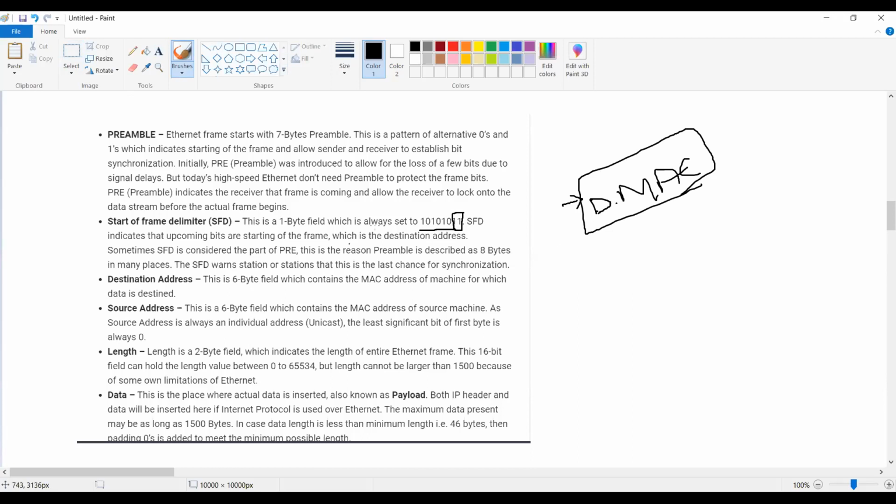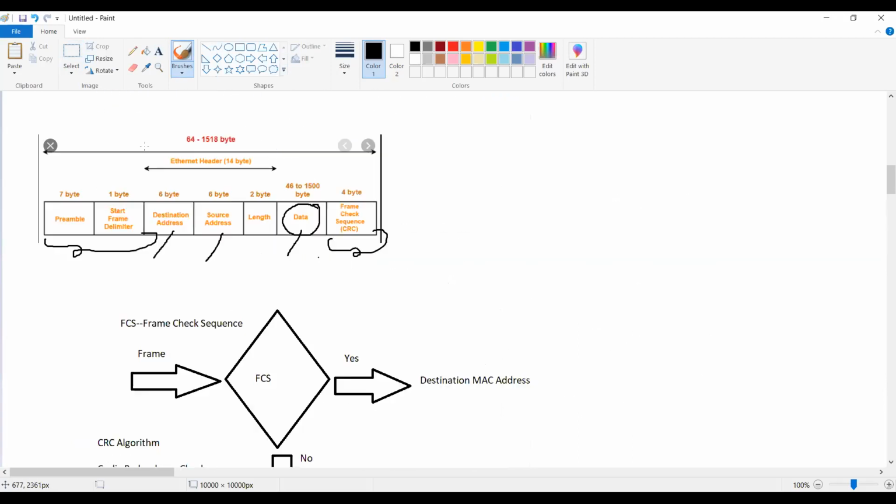So firstly, in case of Ethernet frame, if you look carefully, you'll have destination MAC address, then you'll have source MAC address, followed by